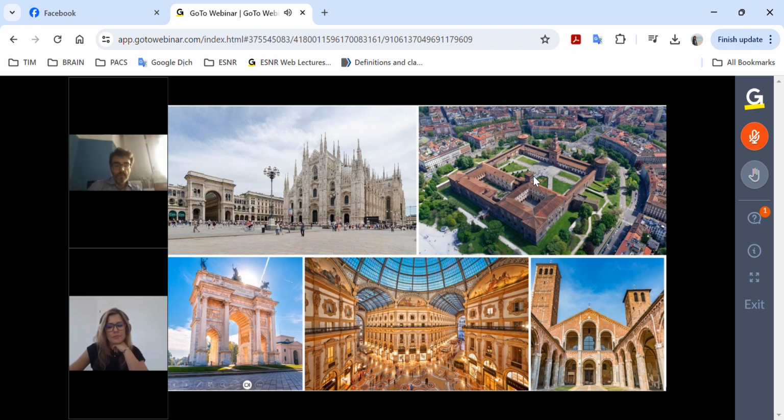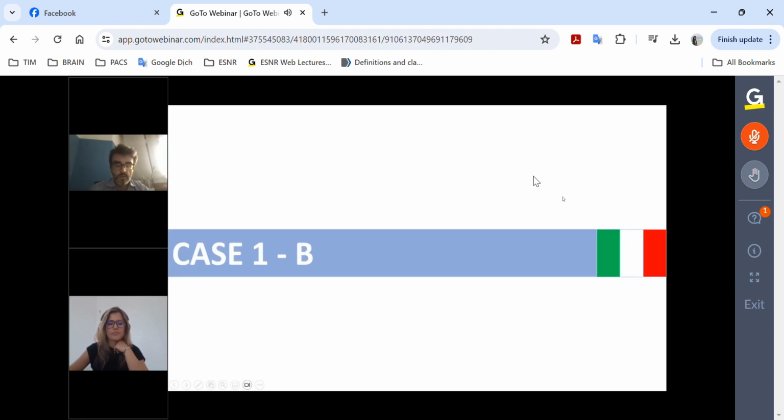These are old monuments from my city: the Duomo, the castle, the Arco della Pace, the gallery, and the Sant'Ambrogio, which is one of the main churches. So if you plan to visit, there's much to see here. But we also have interesting cases, good hospitals and good neurologists. And we start from this case called case B,